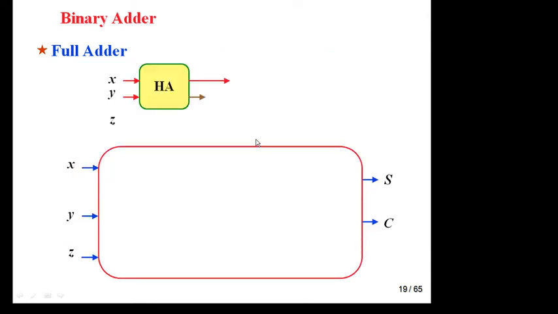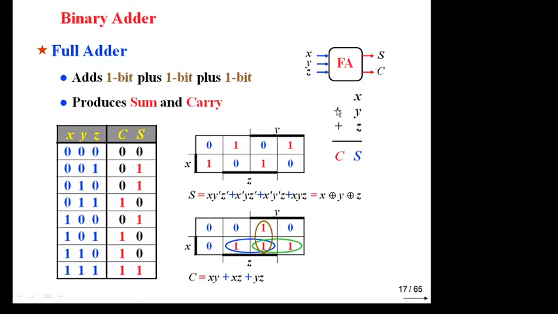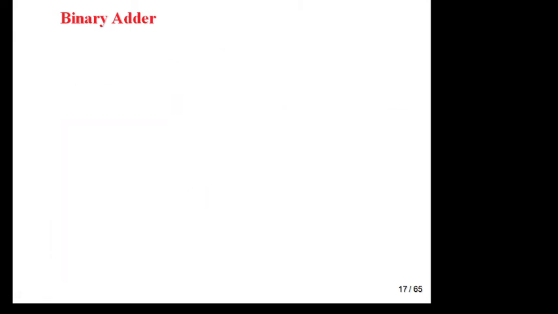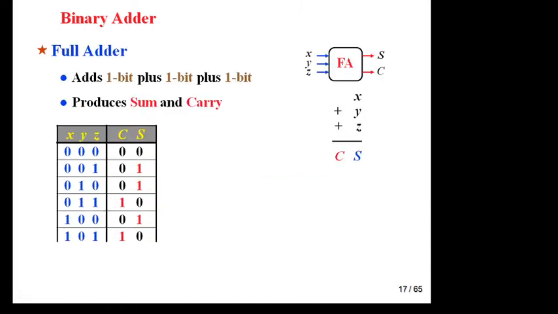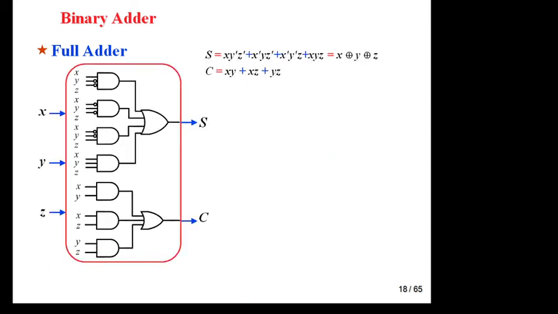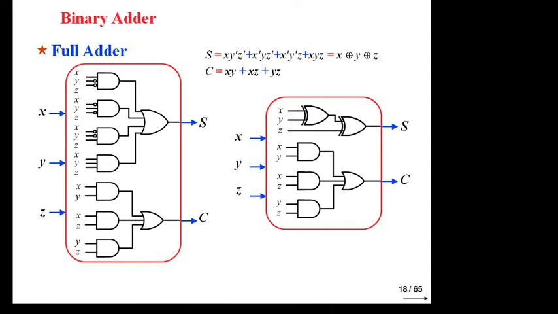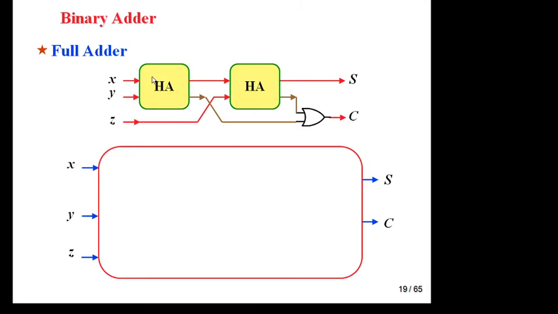Okay, now suppose you have to implement a full adder by using 2 half adders. This is your half adder circuit, this one is your half adder, this is your half adder. You have to use these half adders and any suitable logic gate. Just remember, by using an OR gate and 2 half adders you can draw the full adder circuit.